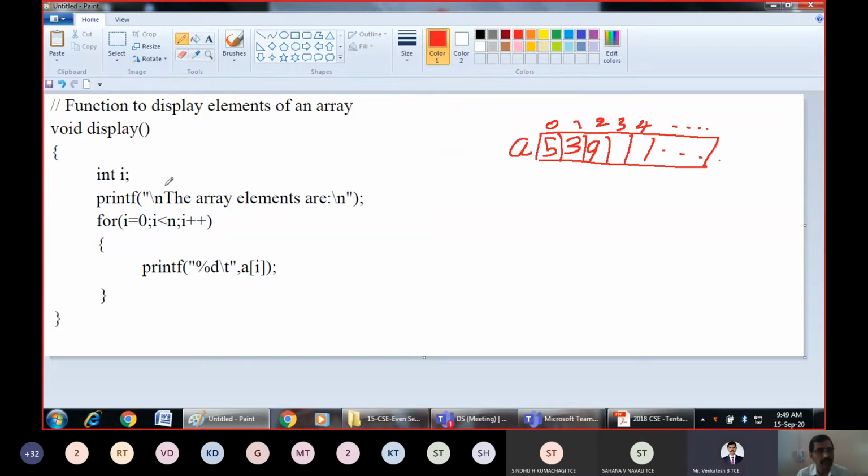So how do we visit? This message will be given simply. It will be printed to the output. The array elements are. I'll write the output here, how it looks once we execute.